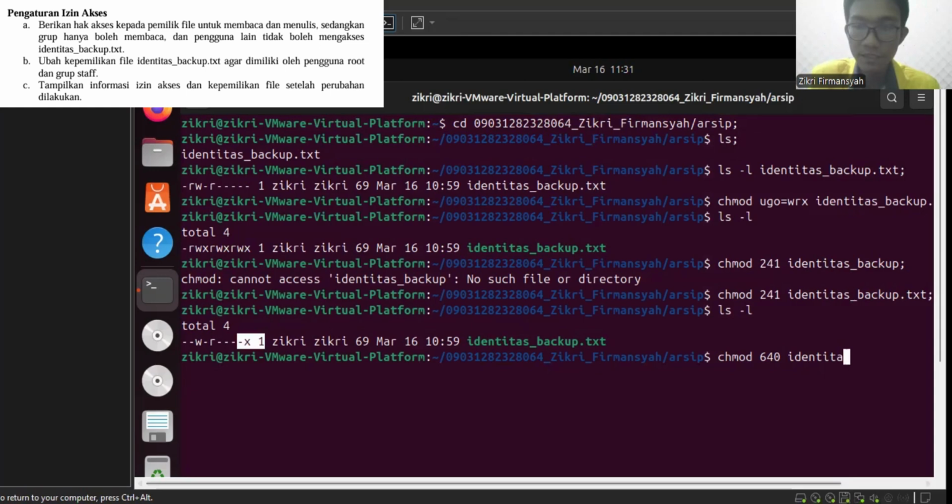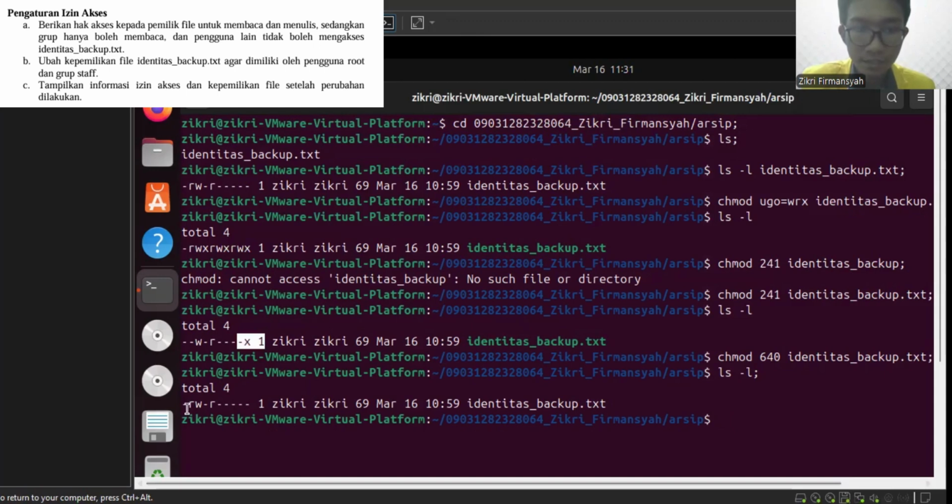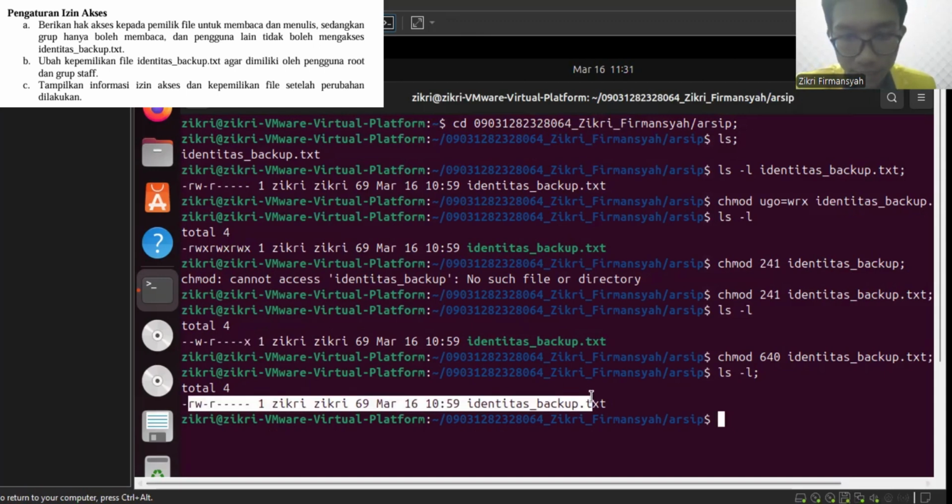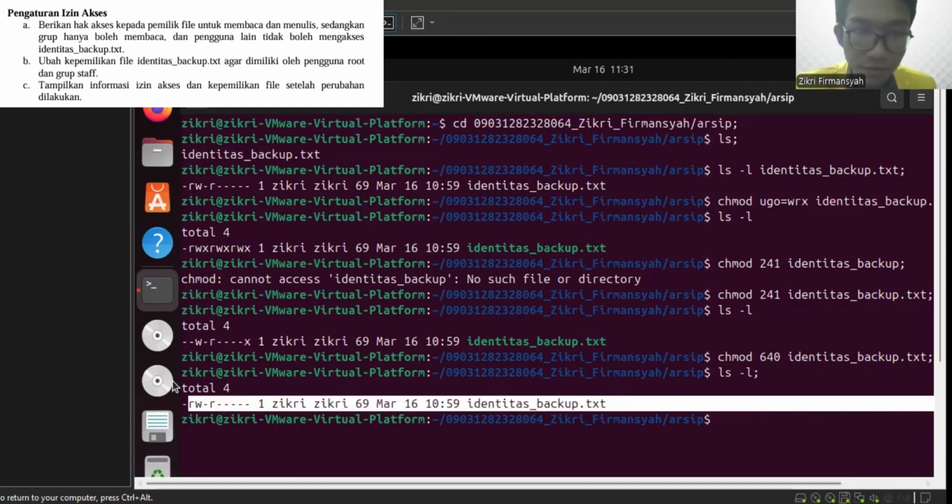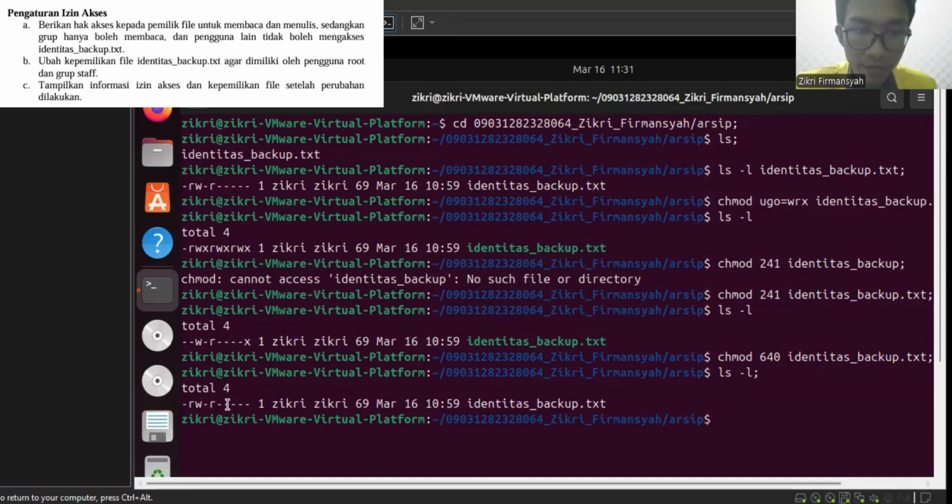Then identitas_backup.txt. That means now identitas_backup.txt has permission for the user of only read and write, permission for the group of only read, and permission for others of nothing.